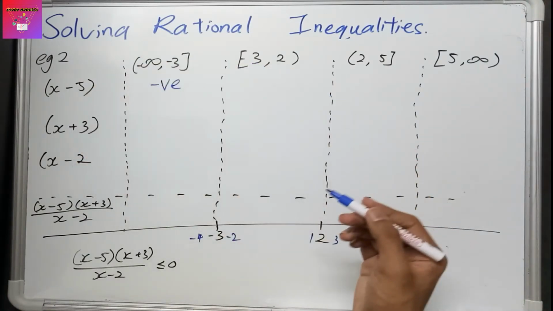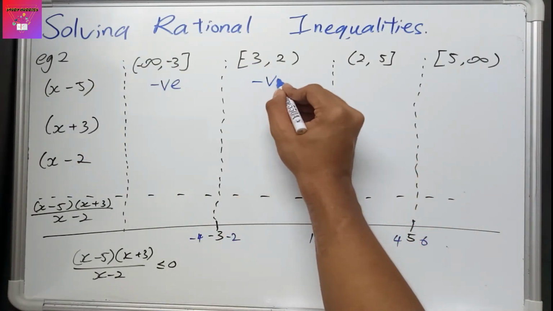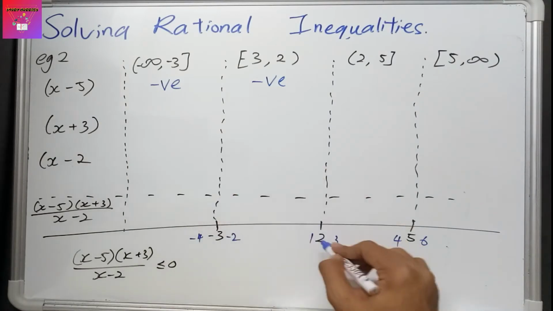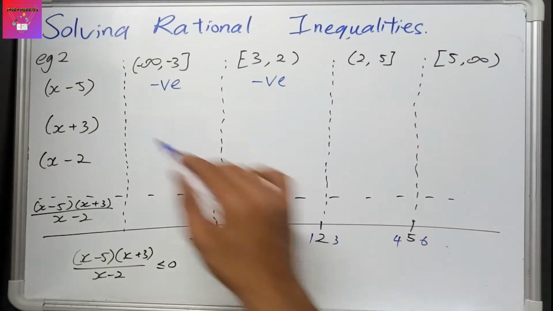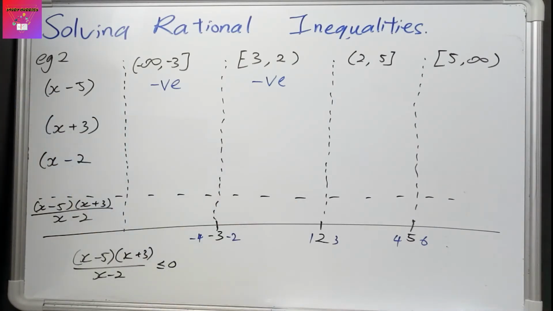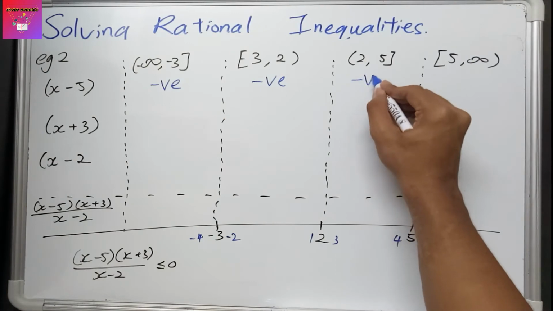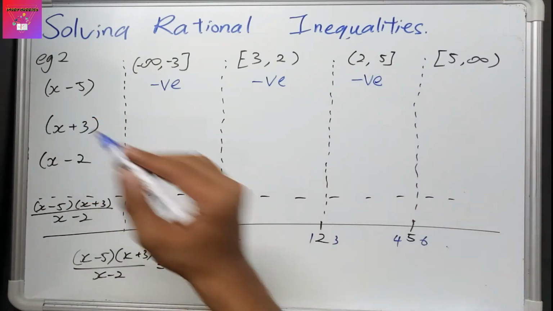Negative 2, negative 5, I'm going to get negative 7, which is also negative. Just to double check, 1, if I substitute there, I'm also going to get negative 4, which is still negative. Then next, 3 inside that equation, negative 5 plus 3, negative 2, again a negative. 6 minus 5, 1,